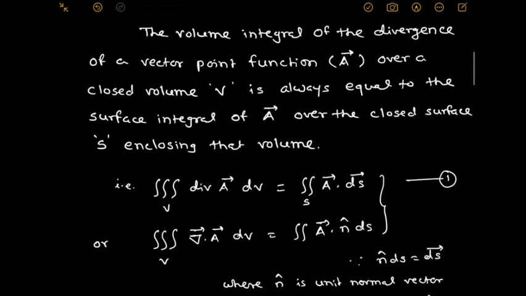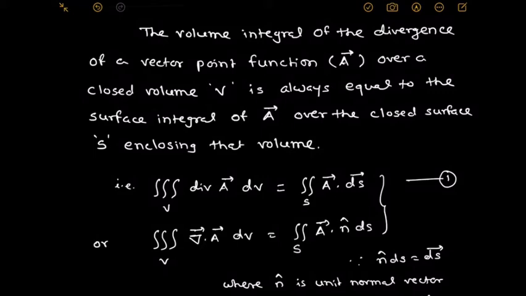Mathematically, the statement of Gauss divergence theorem is represented as the volume integral of divergence of the vector point function A over the volume V is equal to surface integral of the vector point function over the closed surface S. That surface encloses the volume V. Or this equation is also written as divergence A or del dot A dV, volume integral of del dot vector A dV is equal to surface integral